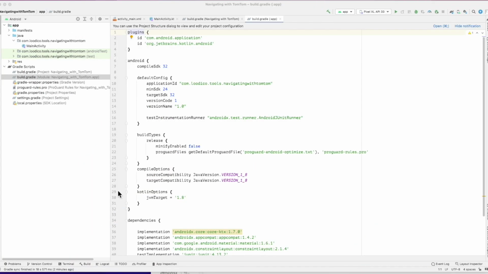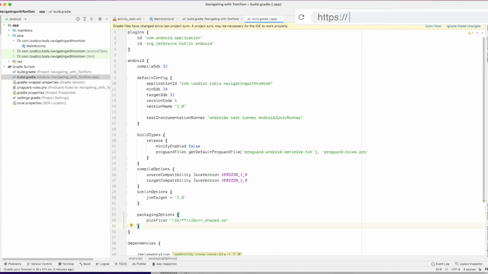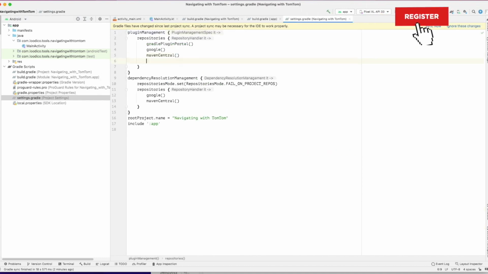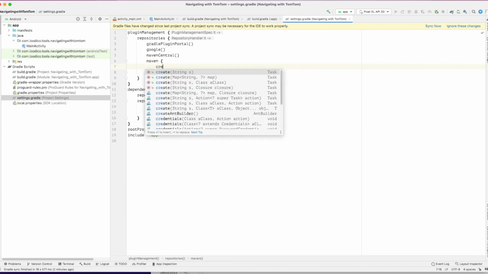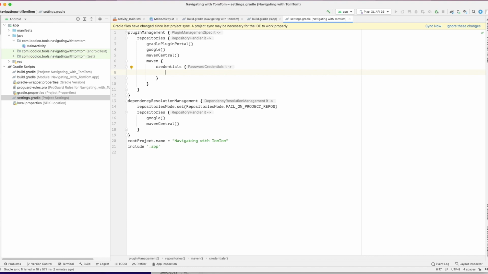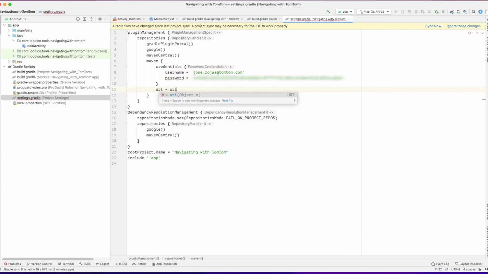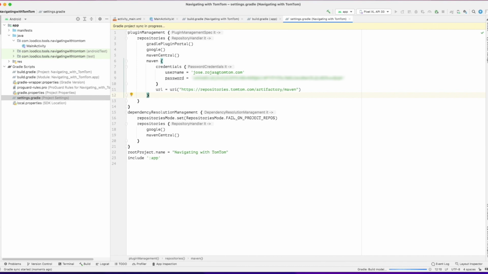So following the tutorial that I mentioned before, let's add the packaging options, and in the settings Gradle we have to add the location of the repositories. We're going to download the libraries, including the new map SDK. So first we have to add our credentials. Remember to get the credentials, meaning the authentication tokens, by visiting the repository, which is saved right here. I created mine already, please do not copy. And the URL is repositories tomtom.com. In Artifactory, in Maven, you can go there and create your authentication token.